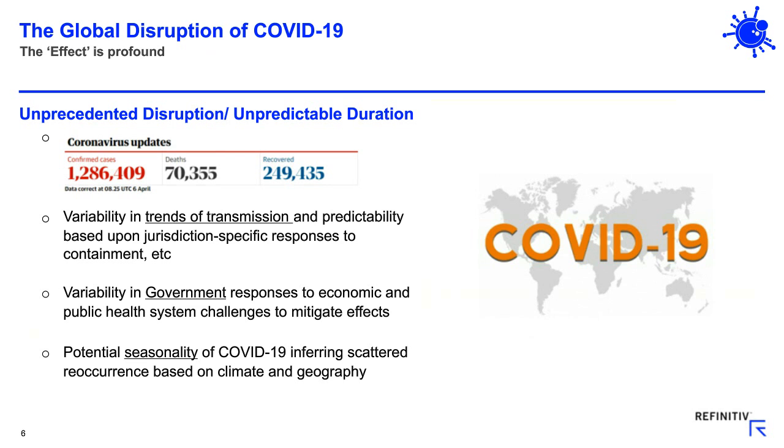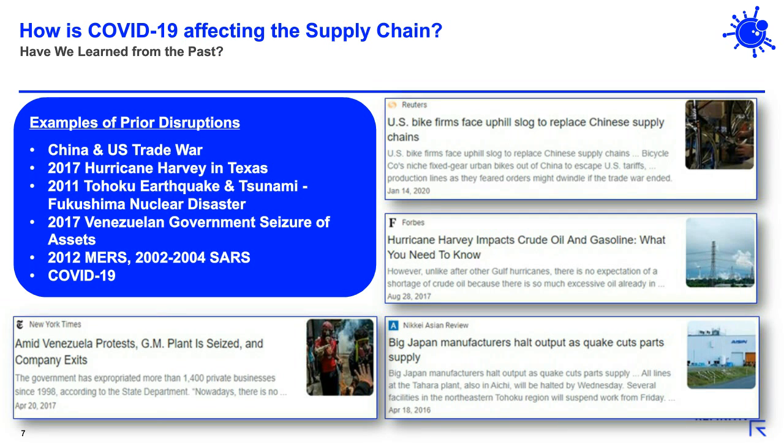If we were just to take a stroll down memory lane, over the past 2 decades, we've seen a host of different events, whether viral infections or natural disasters, and they've all led to varying degrees of disruption. So let's take, for example, Hurricane Harvey in Texas in 2017, which impacted crude oil and gas production and prices. Does that sound familiar to anybody? It does to me.